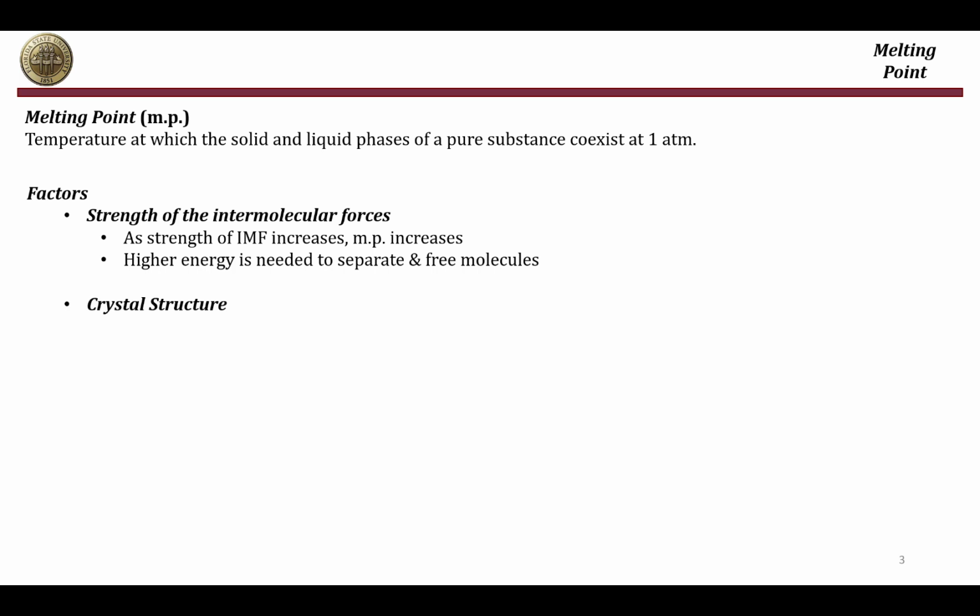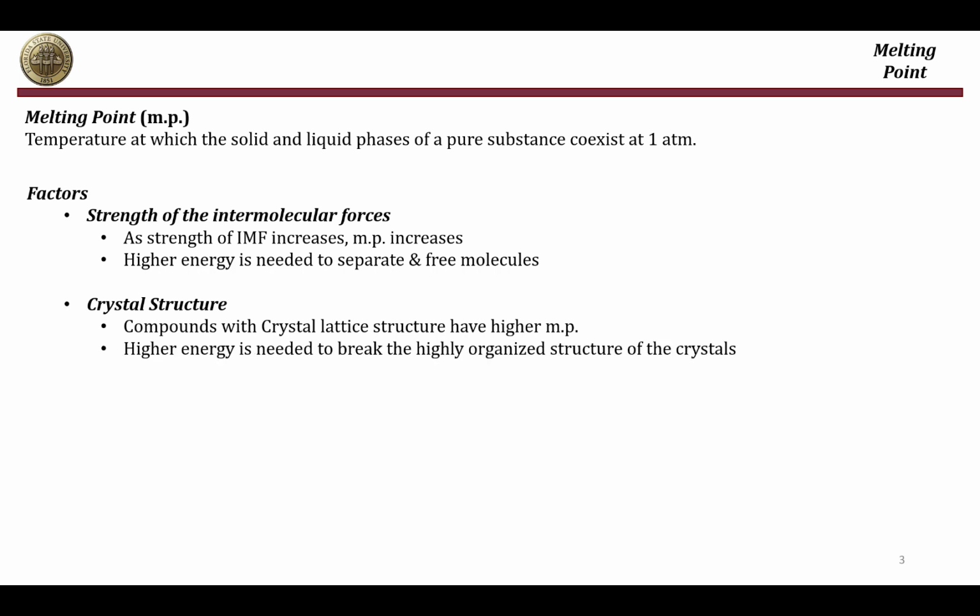The second factor is the crystal structure. Some compounds have a crystal lattice structure, which is a highly organized arrangement of molecules. Those molecules which have a crystal lattice structure usually have higher melting points than those which don't, and those are usually called amorphous solids. Also, in this case, high energy is needed to break this highly organized structure,